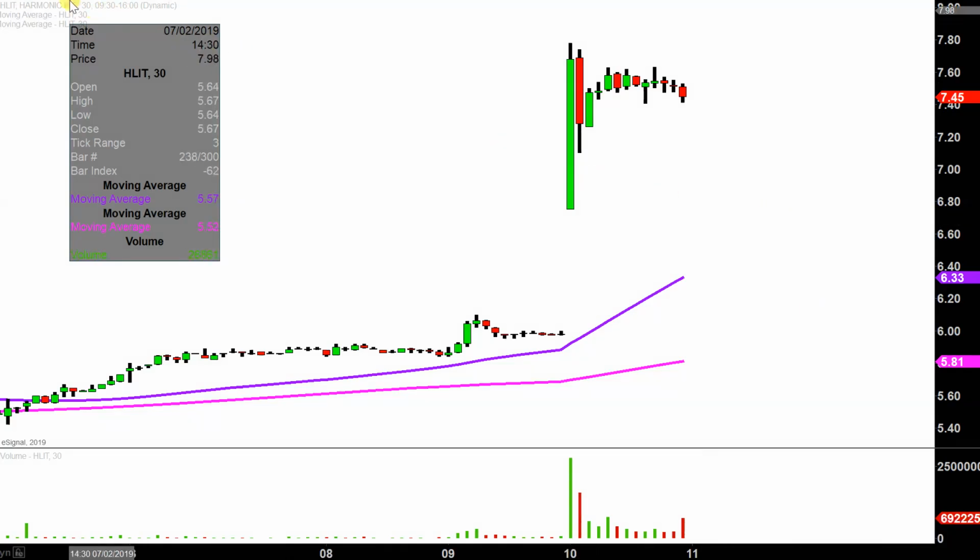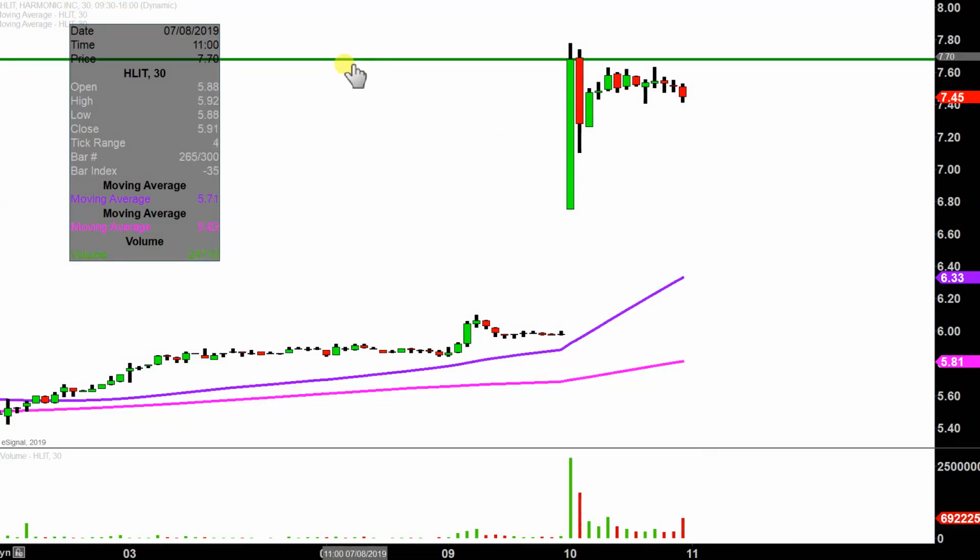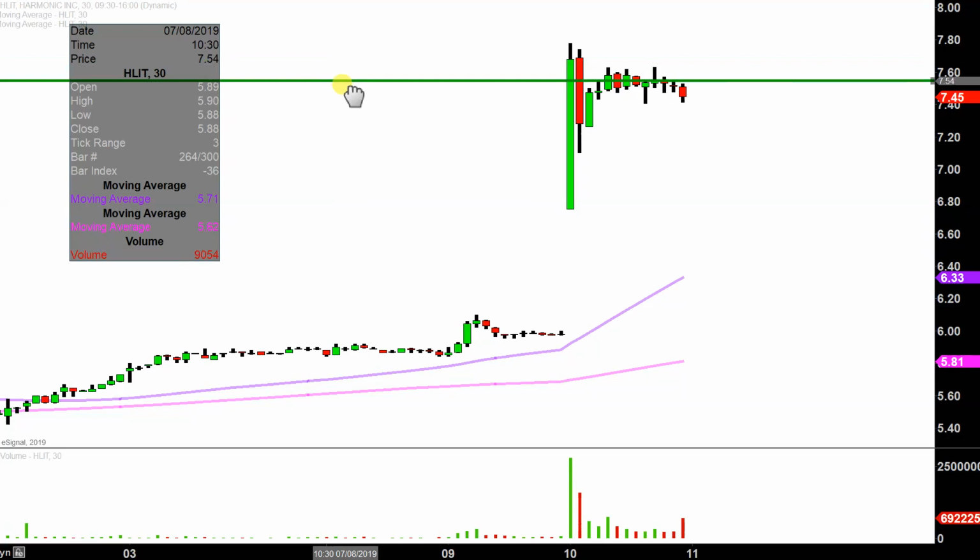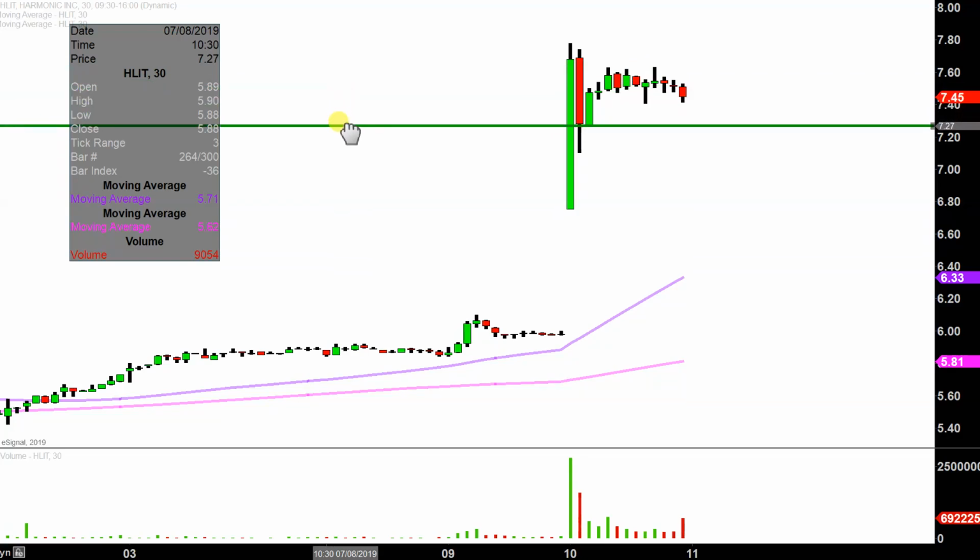So the first level of support is what I would call the ideal level. And we say, Clay, what would make this chart look the absolute strongest going forward? And that would be if the price can stay up here above $7.25. Now, don't get me wrong. If the price falls below $7.25, I'm not saying the entire chart is destroyed or ruined or anything like that. But yeah, if the price could manage to stay up above that level, that would definitely be a massive sign